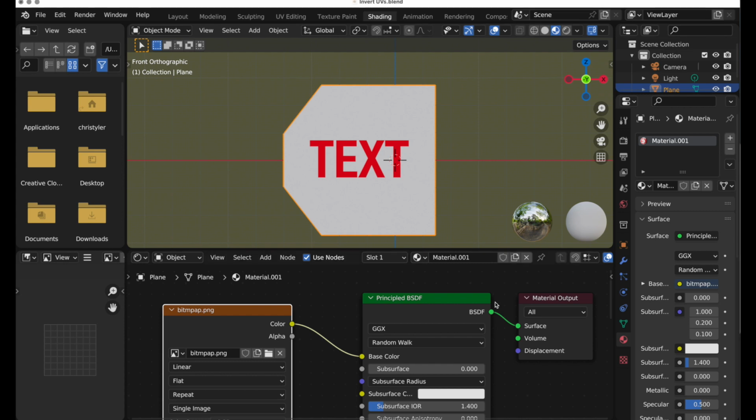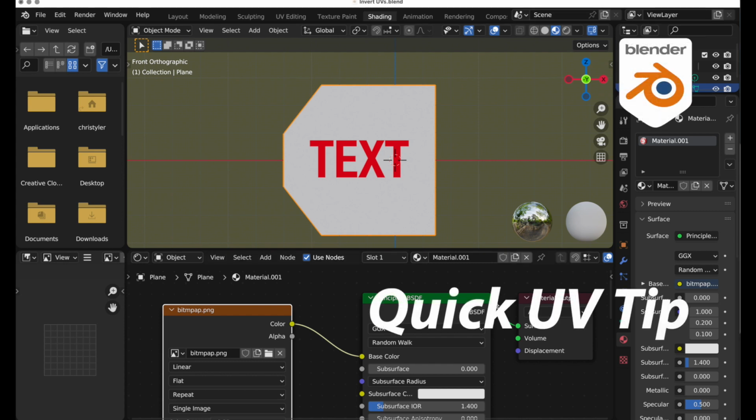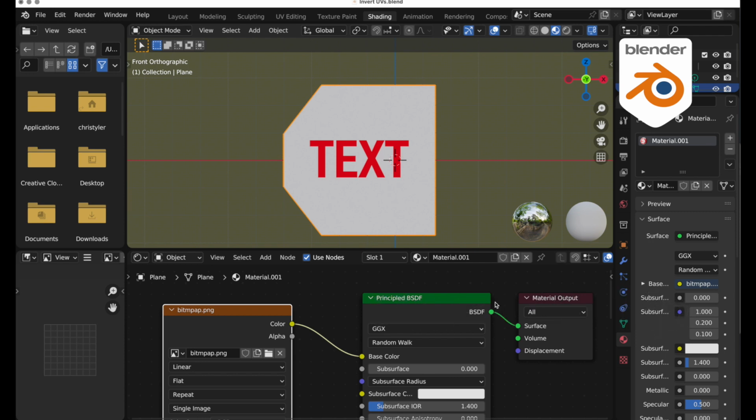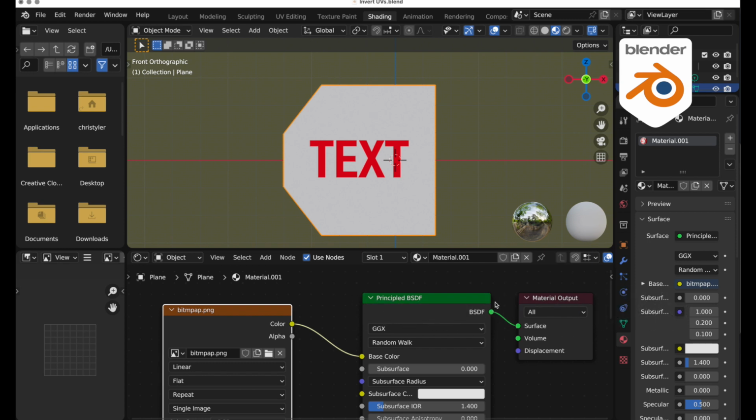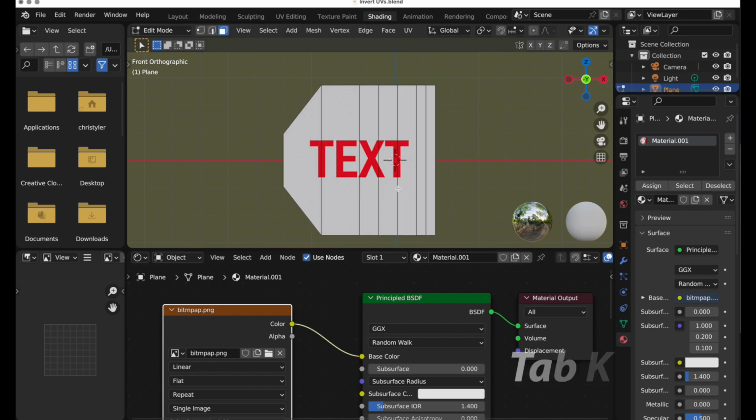If you're new to using a program like Blender or any 3D application, it's always the little small things that are frustrating that can seem to trip you up. Somebody just asked me how to invert something that has a bitmap applied to it and have the bitmap also correctly match. Because if you do what I'm about to do, where I'm going to come in, press the Tab